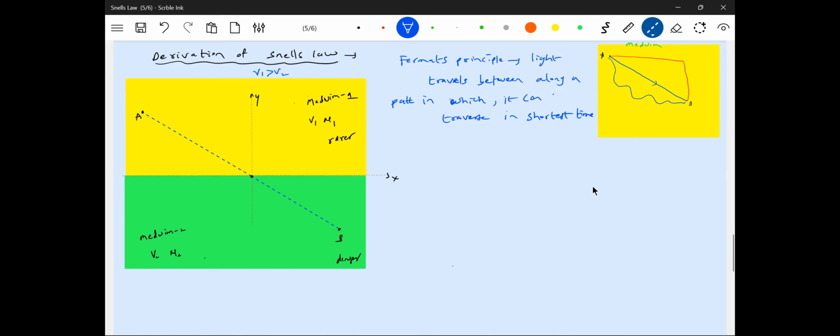So preferably here is how the path has to be. So the path the light will take